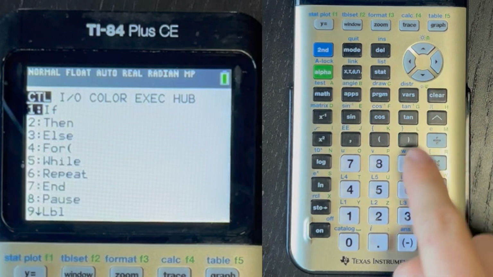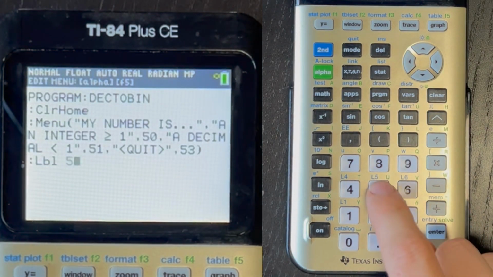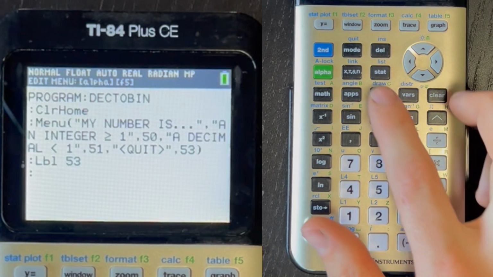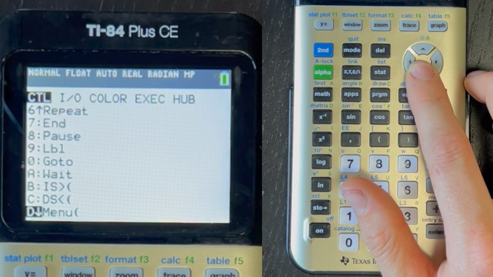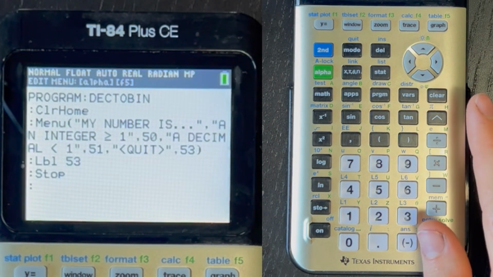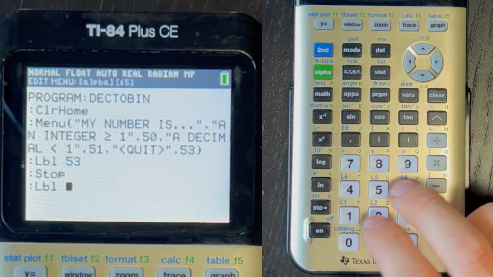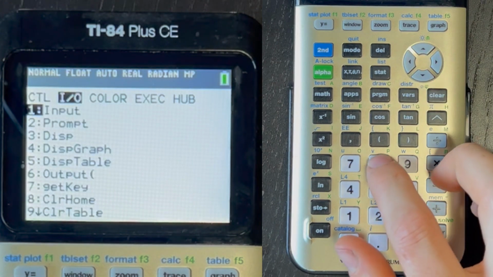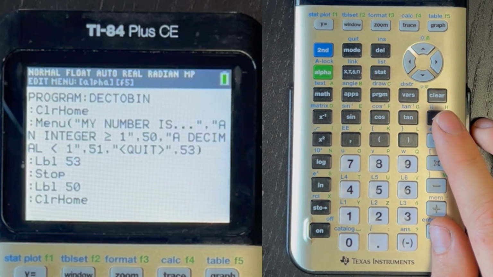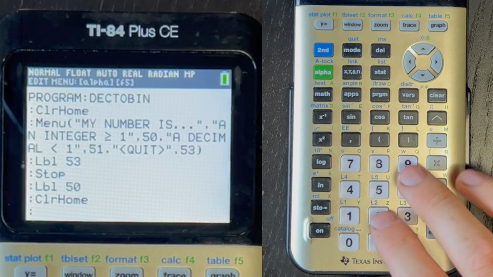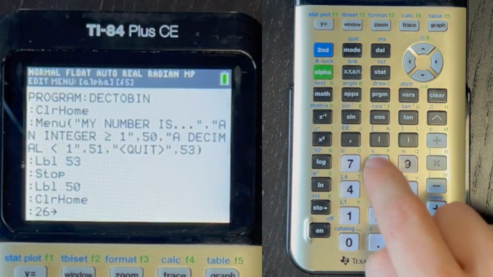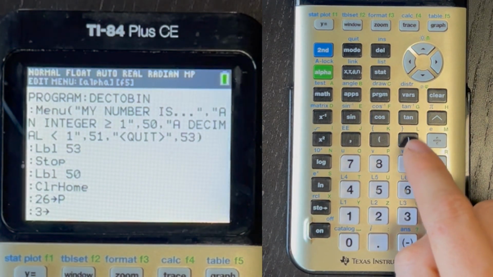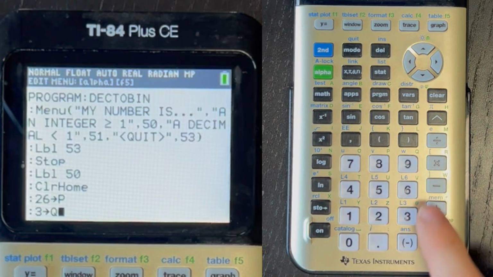Program 9 for Lbl, 53, enter. Program, and then scroll all the way down to Stop, enter. Program, Lbl again, 50, enter. Program 8 for Clear Home, enter, and then 26 store as P, enter, 3 store as Q, enter,